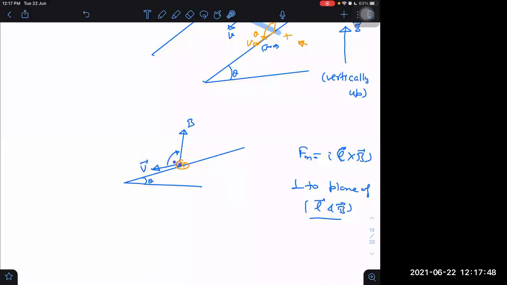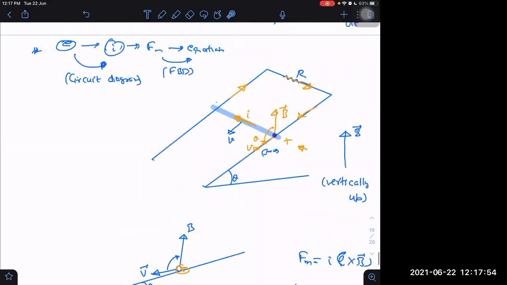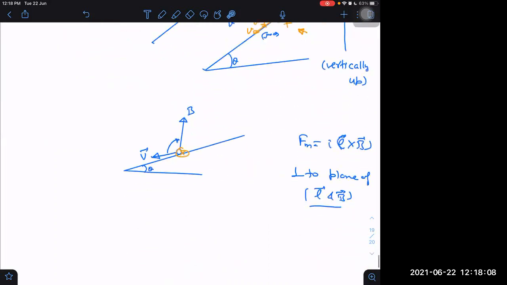Because L is into the plane, B is this side, so we have to take perpendicular to this plane, the plane containing length and B. Perpendicular to this could be this side or that side. Perpendicular to the magnetic field, I can take this side or this side. So which side will it be? Along I cap, because it will always be opposing the velocity vector. It cannot support that. So you have guessed it right. Magnetic force will be this side, and this is theta angle.